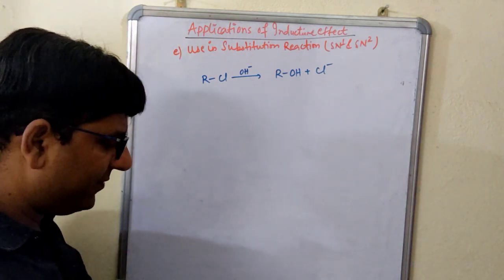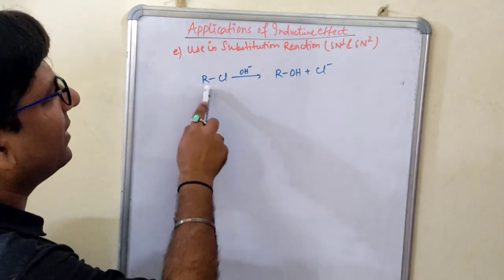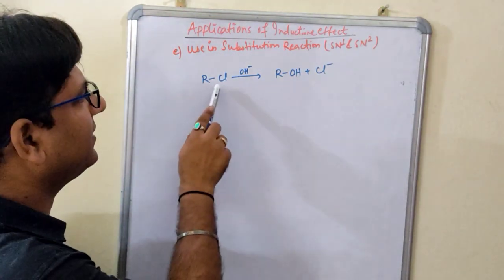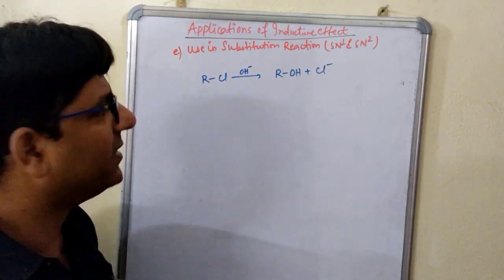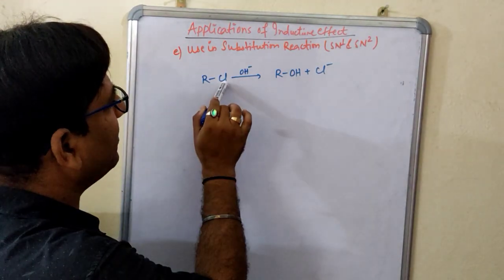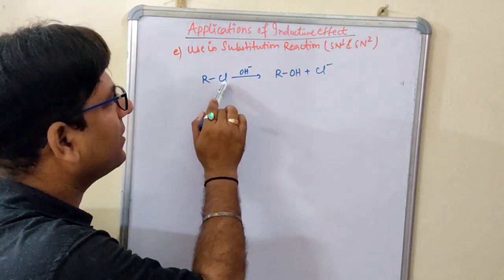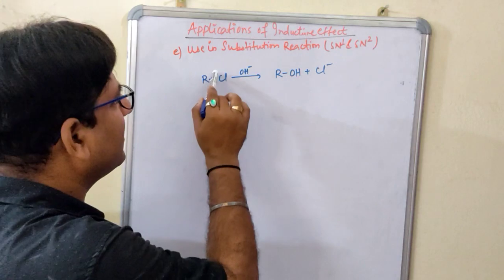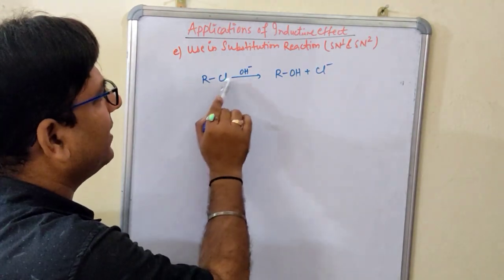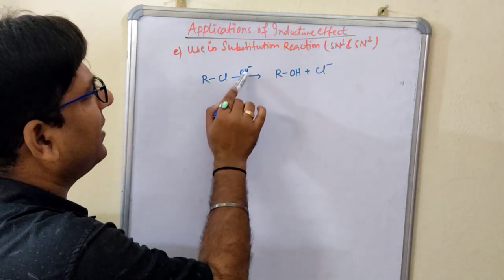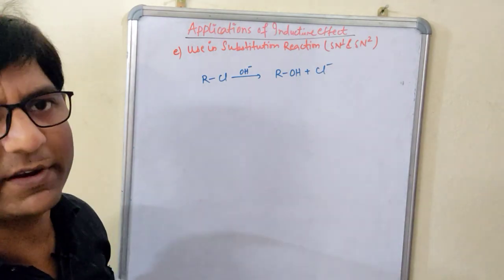Okay, so here we have seen this reaction. I have written this reaction, that this is the alkyl halide, the substrate that is used for this SN1 SN2 reaction, and this is the nucleophile OH minus. This OH minus has taken the place of this Cl. Cl is acting as a good leaving group. It has detached itself from this alkyl group as Cl minus, and in place of this Cl, we have replaced it with this OH. That is the substitution reaction.